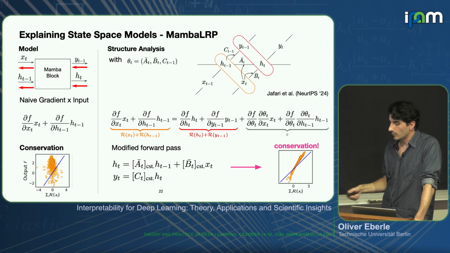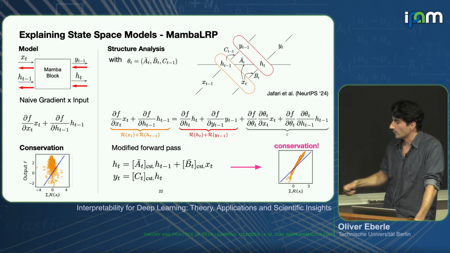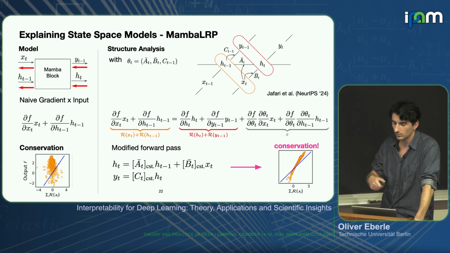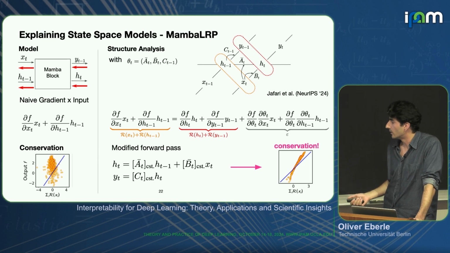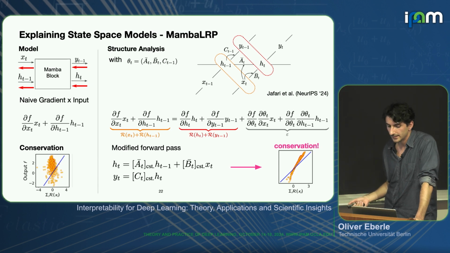You can still, of course, update your matrices at each step t with your current x of t. So you update them, but then for the gradient computation, you can view them as a constant. Then this becomes a simple linear computation, and you have no problems with any more complicated higher order gradients that would arise here.